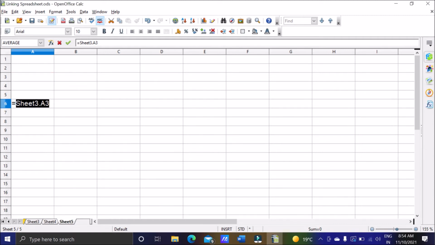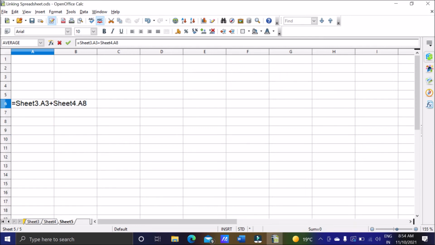Sheet3.A3. Sheet3 is the name of the sheet, and then dot, and A3 is the cell address, and I want to add it with sheet number 4, this one, 89. So Sheet4.A8.